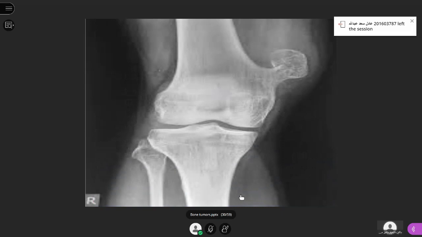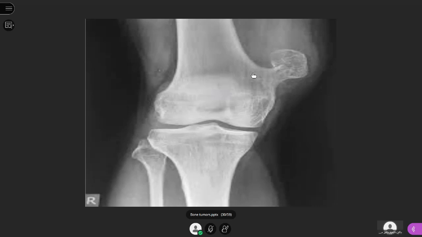So in this X-ray, this is the AP view of the knee joint. Okay, this is femur, this bone is tibia, and this is fibula. Now see, from the femur there is a projecting bony lesion which is pointing away from the adjacent joint. Which is the adjacent joint? Knee joint. It is pointing away from the adjacent joint, and the cortex of the bony lesion is continuous with the cortex of the parent bone from which it is arising, and the medullary cavity is also continuous through a bony defect, right?